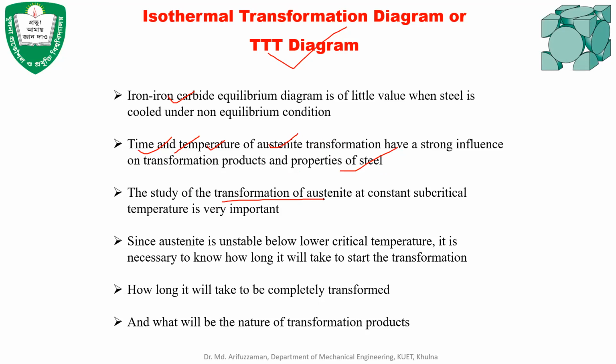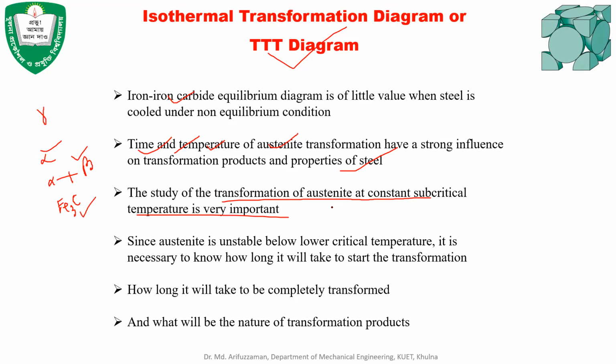And the study of transformation of austenite at a constant subcritical temperature is also important. Austenite is a very unstable structure that eventually transforms into stable products like ferrite or alpha iron, pearlite, alpha plus beta, or iron carbide, Fe3C. So these are the products of steel. When you cool the steel, gamma iron always transforms into either alpha plus beta, or iron carbide. Okay, so it is very important to